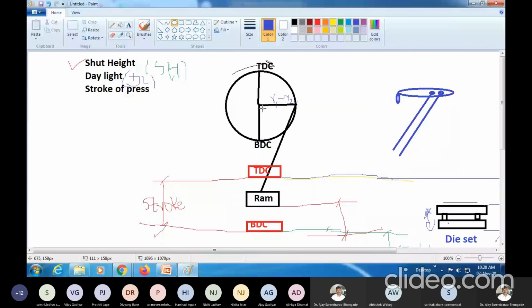So this is my radius, and another crank of the larger size could have a radius of R2.